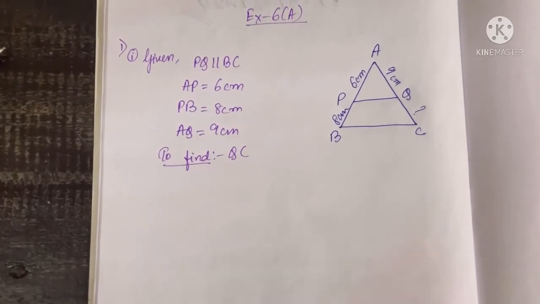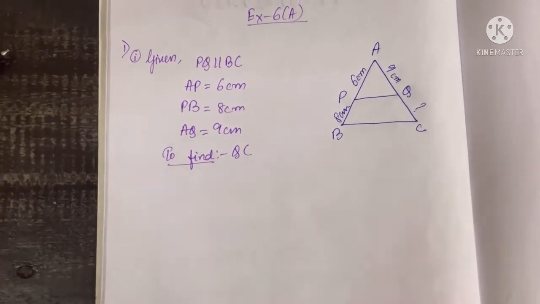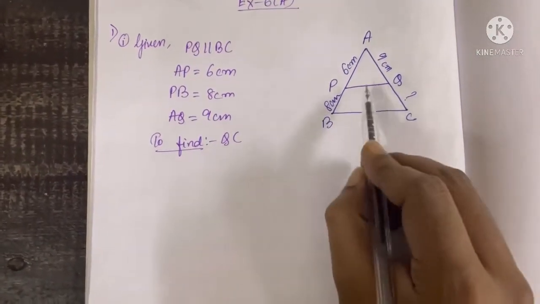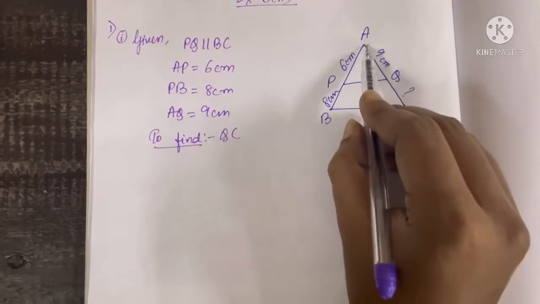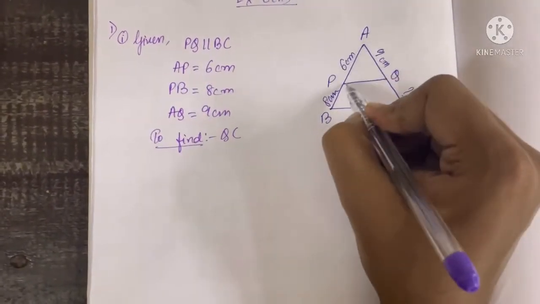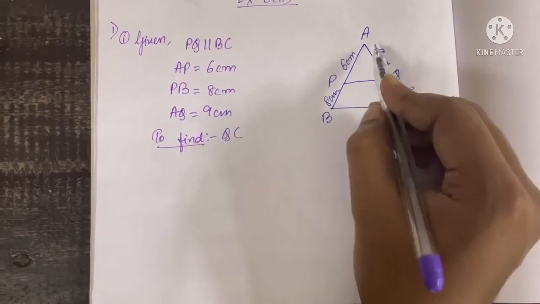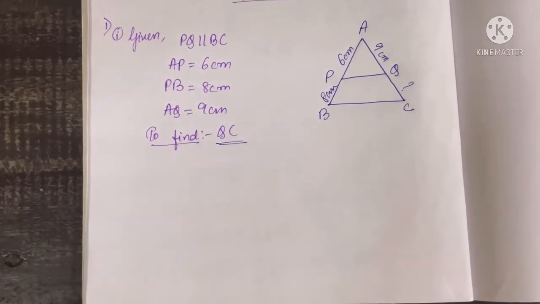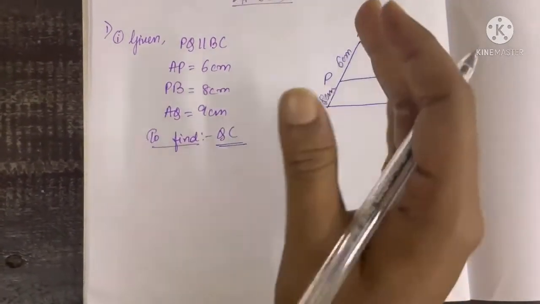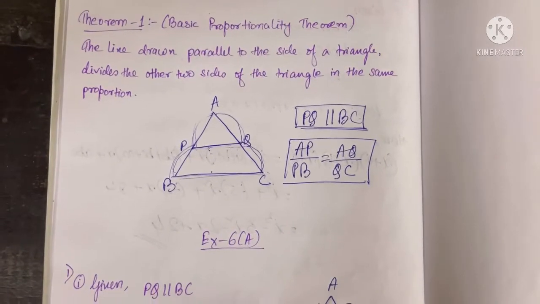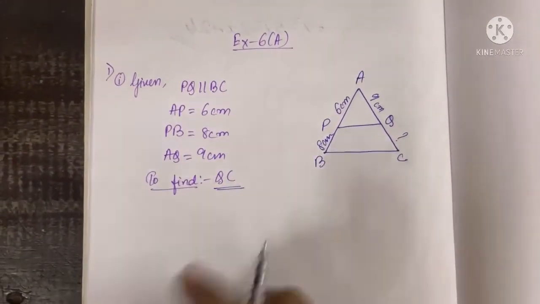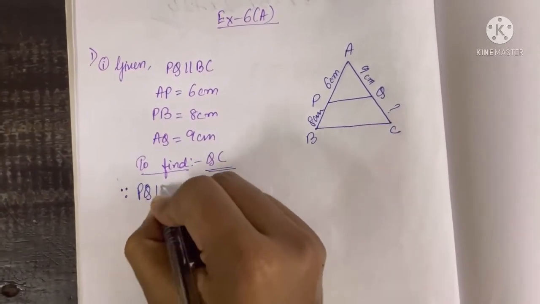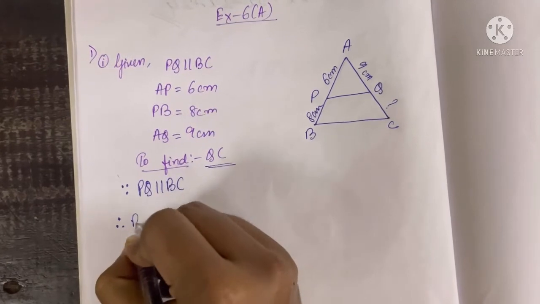We have started exercise 6A, and the first question states that this is a triangle where PQ is parallel to BC. In triangle ABC, these values are given: AP is equal to 6 cm, PB is 8 cm, AQ is 9 cm. Then what will be the value of QC? We have to find QC. We will be using the basic proportionality theorem that we have studied in this sum. Since PQ is parallel to BC, therefore by